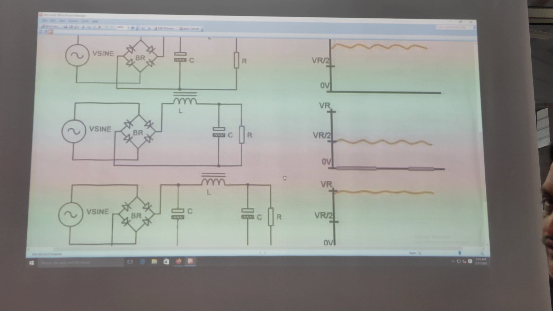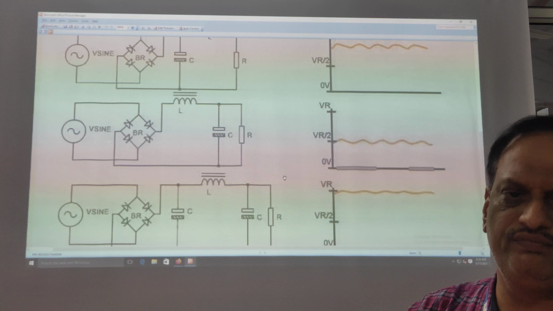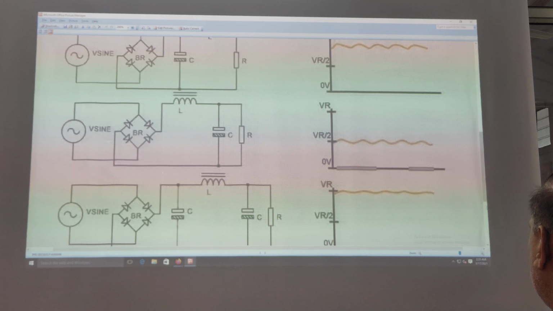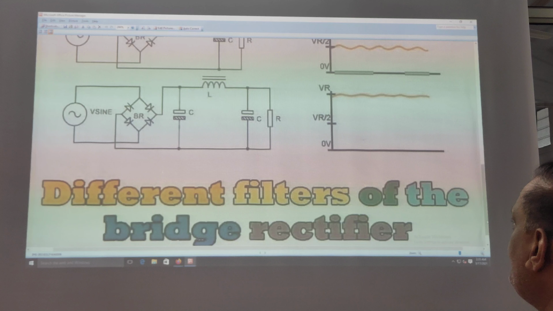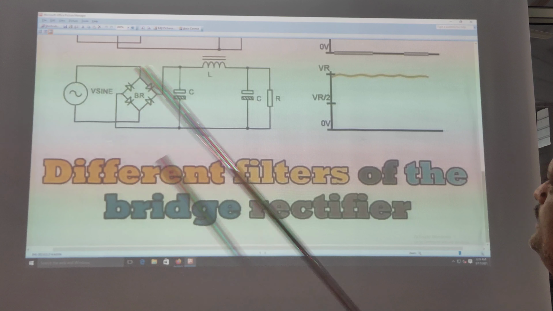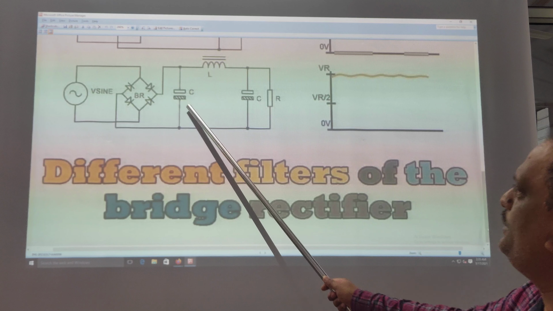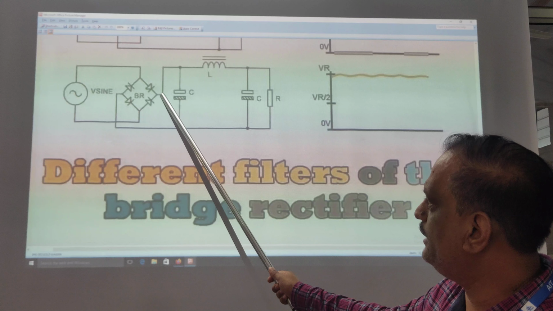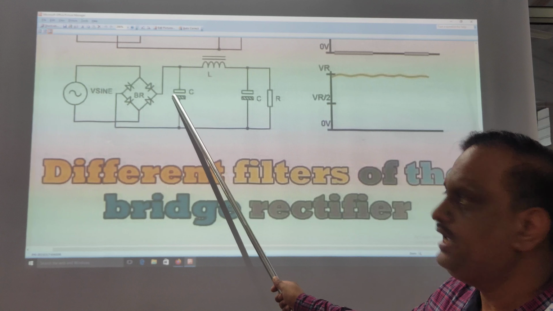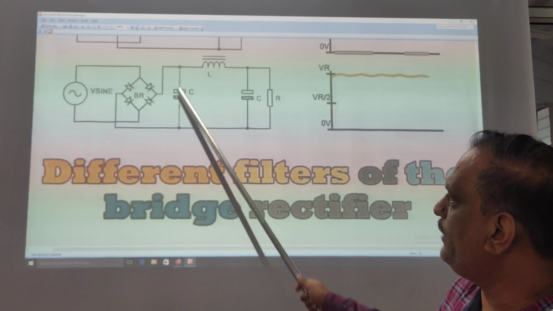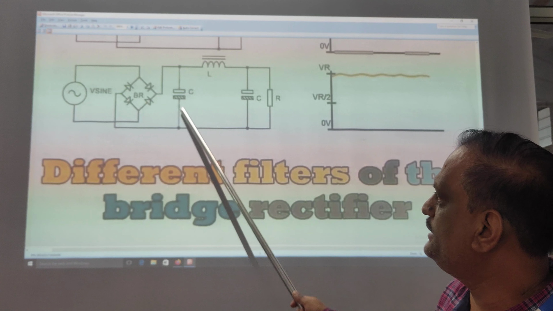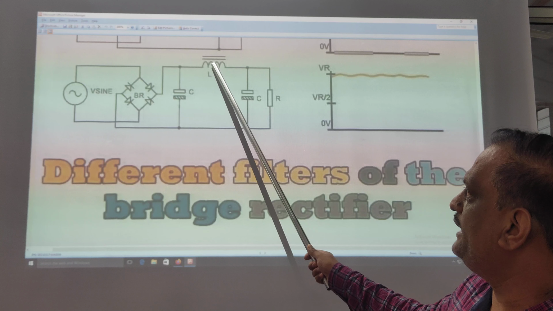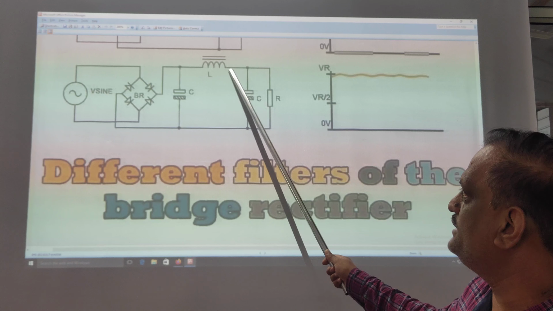Now we will have the combination of two capacitors with one inductor. Let us say this is the pi filter. The pi filter will look like this. It is nothing but a combination of two capacitors along with an inductor. Whatever output is generated here, that is the DC output voltage generated across the bridge, will be filtered by this capacitor. This will block the DC voltage and pass the AC voltage. Now whatever AC voltage is there will be blocked by the inductor, which passes the DC voltage.